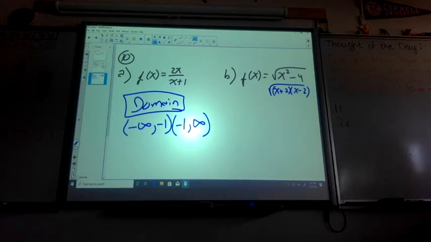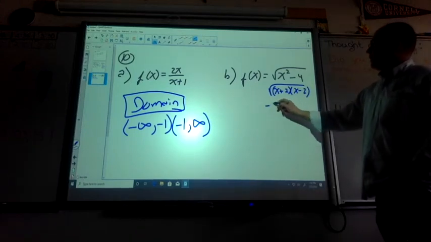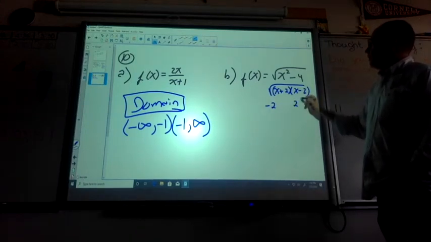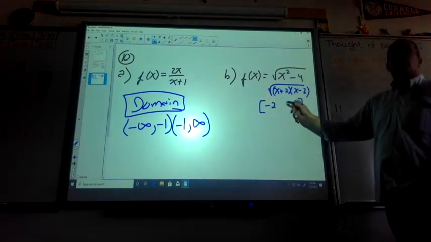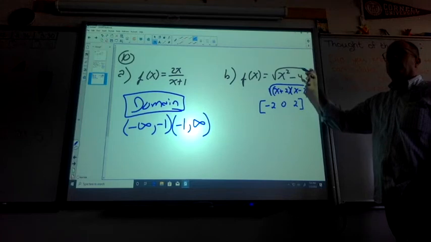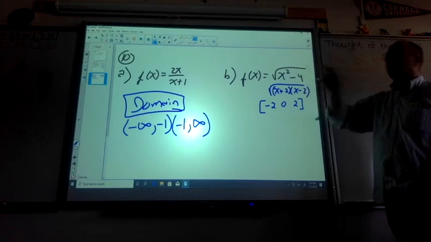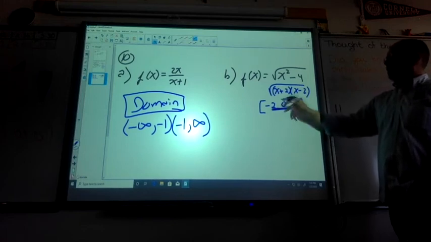So, my friends, what's going to happen if I plug values from -2 to 2 in? Okay? So, can I pick 0? Sure. 0 squared minus 4 is -4. Square root of -4. Can I take the square root of -4 as far as the real numbers go? No. So if I plug values in between this region,